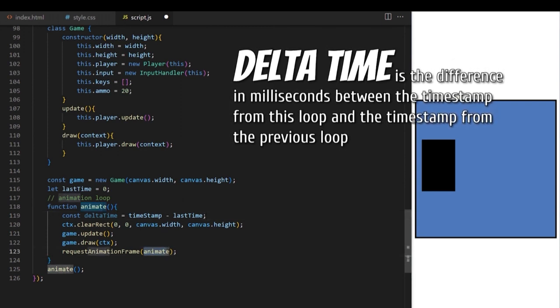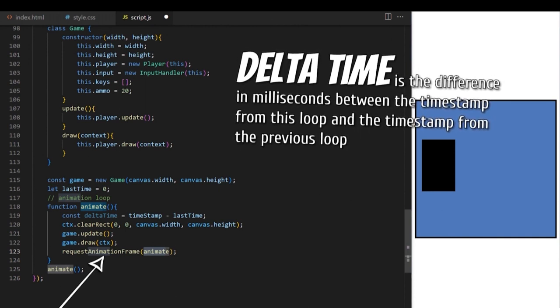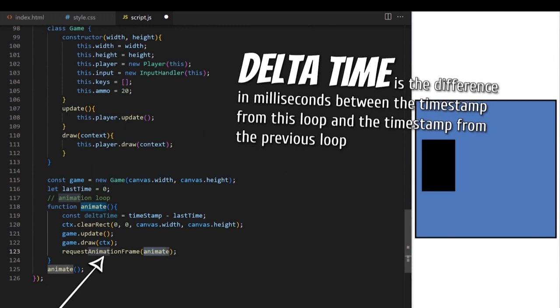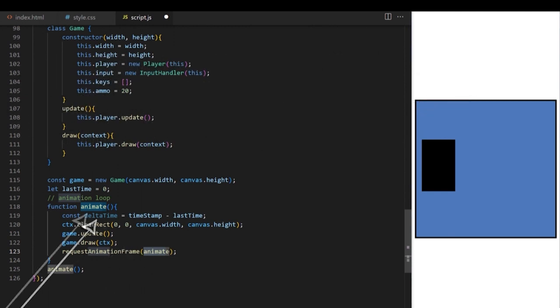Where does this timestamp value come from? Request animation frame method has a special feature. It automatically passes a timestamp as an argument to the function it calls, in our case animate. I can use it simply by giving it a variable name here. You can call it whatever you want as long as you keep referring to that value using the same variable name. I will call it timestamp, spelled like this, and I will use it to calculate delta time here on